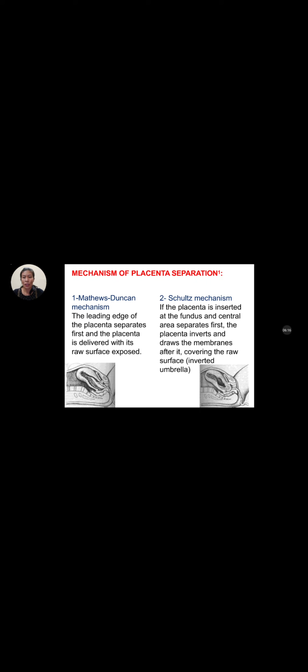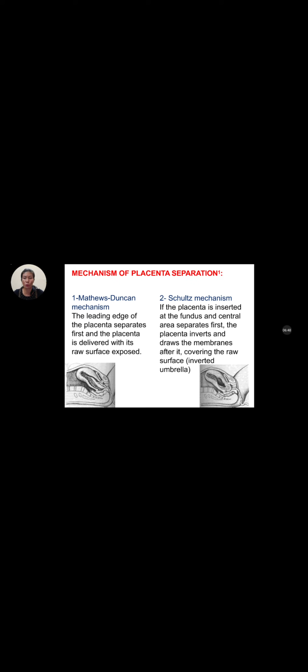So while during separation of the placenta from the uterus, separation can be of two methods. That is, marginally it can be separated, or the central portion of the placenta can be separated first. So in the first method, the Matthews-Duncan mechanism, the leading edge, the margin portion, the edge can be separated and it maybe comes out first. So the leading edge of the placenta separates first and the placenta is delivered with its